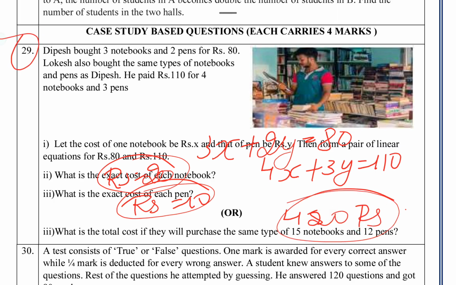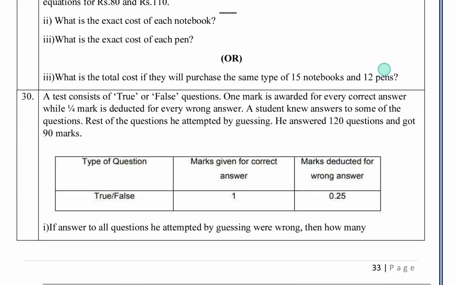This is very important. This is the pen problem you have already studied in the exercise part. Same method you have to apply here. Then 30th,